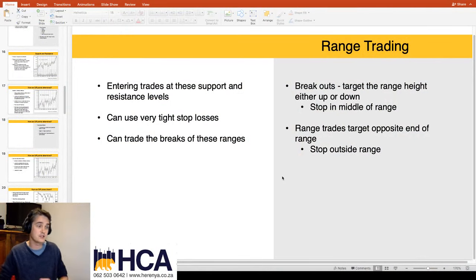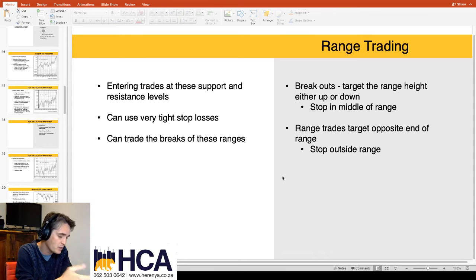We are going to move on to actually trading these ranges. So what is the point of identifying these support and resistance levels? Well, so that we can identify trading opportunities. We want to be able to enter into trades when things are trading at the bottom of the range. We want to go long. If things are trading at the top or hitting resistance, we want to be able to go short. So entering at support and resistance levels gives us really high probability entry points into the market.